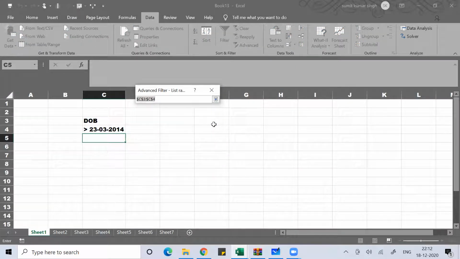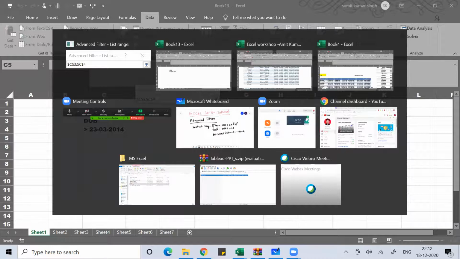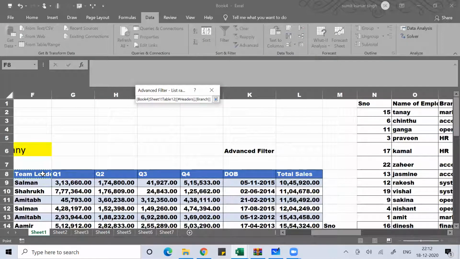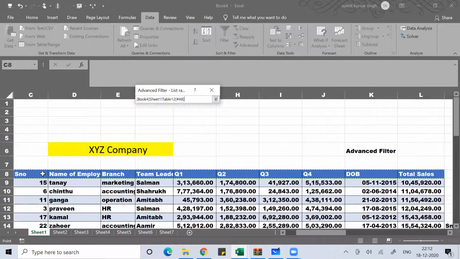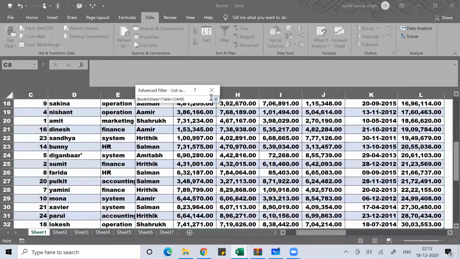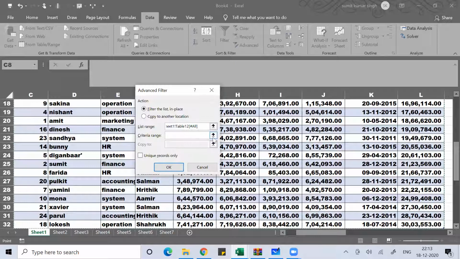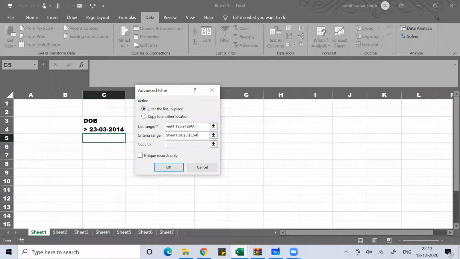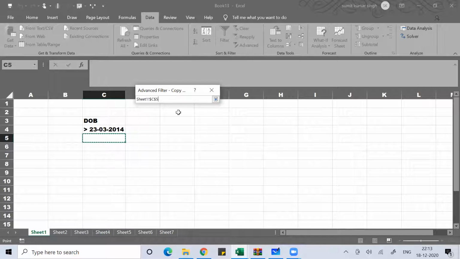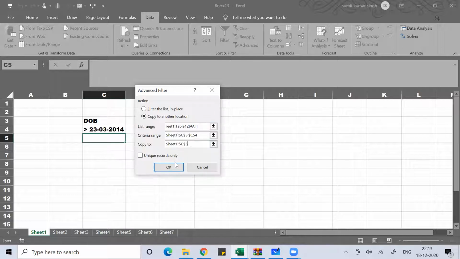List range, select this data, Control Shift right arrow, down arrow, select this data, then criteria range. This is your criteria range. Copy to another location where you want, here. Press OK.